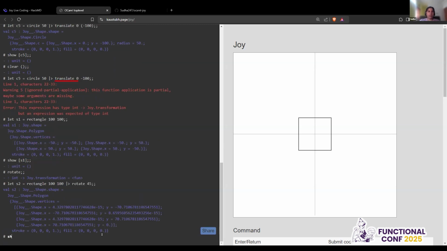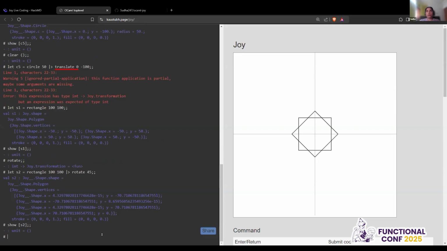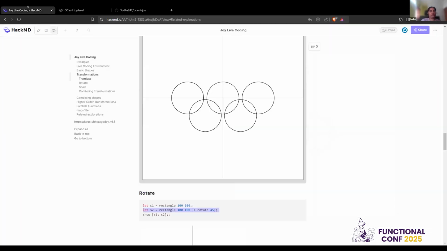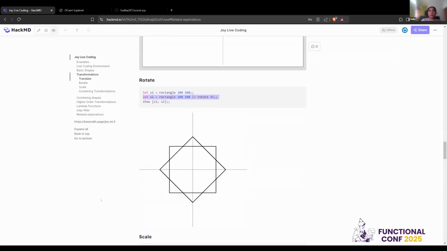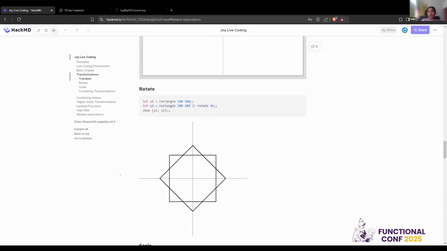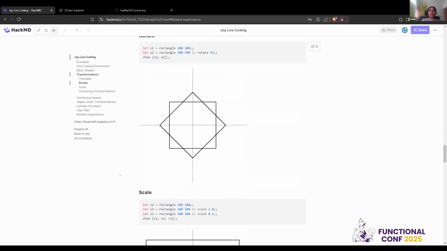So let's see. Yeah, and this is the same rectangle that is rotated by 45 degrees. We can make really complex looking shapes with rotate, but